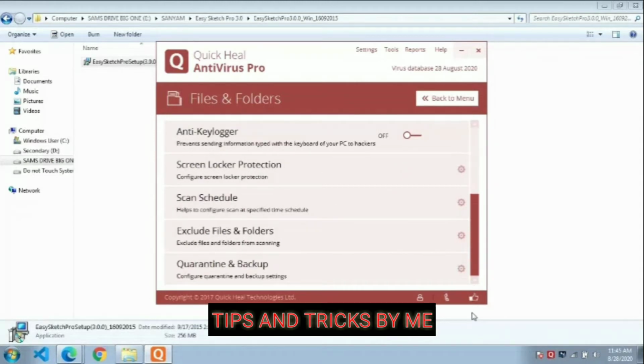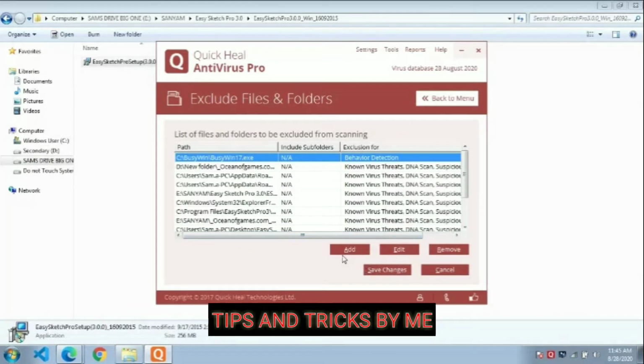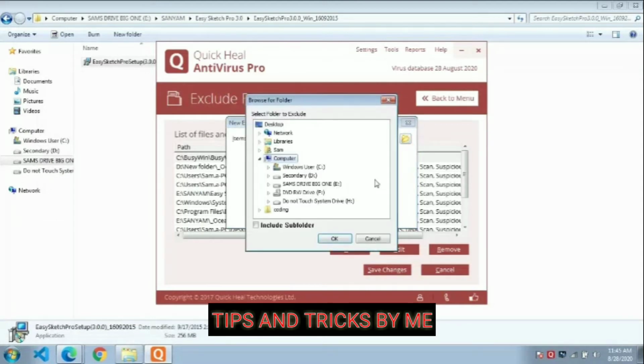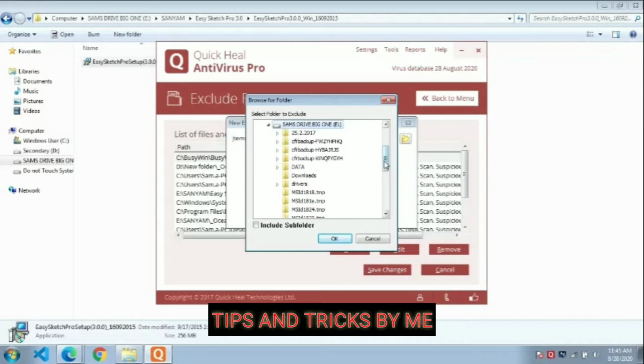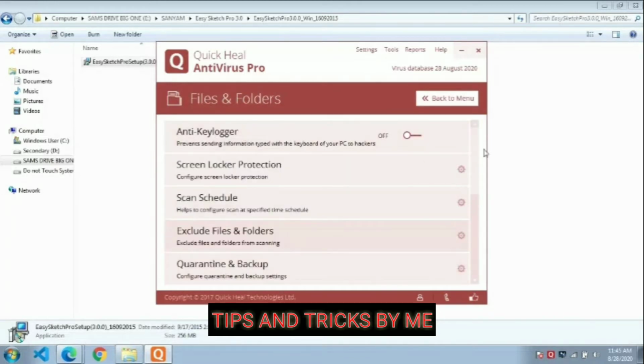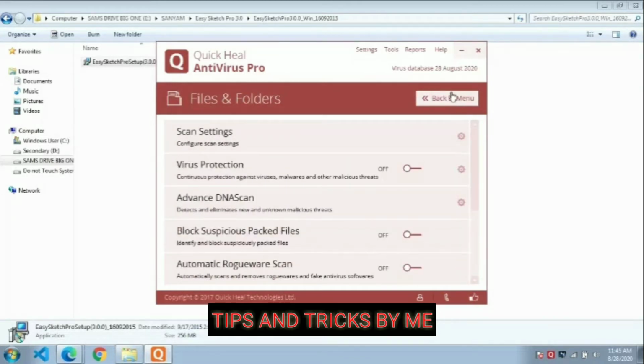Even the main thing to switch off is the anti keylogger, because it has some keyloggers. Make sure you tick these all and then select the folder which you have extracted, so that it does not make any issues. It does not contain any virus. It's verified. I am using it currently. Now as soon as you select it, do it like this. You have to do it with the installed folder as well.